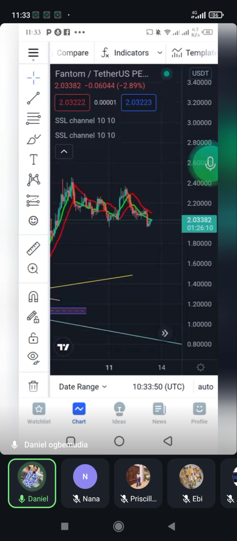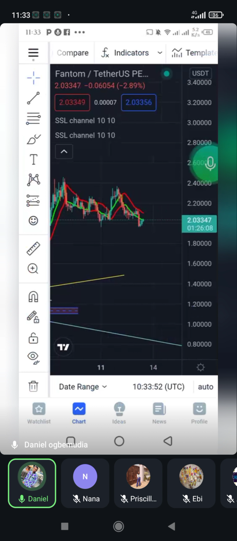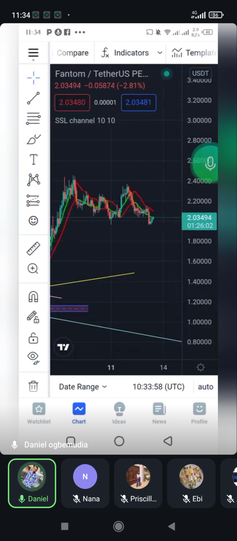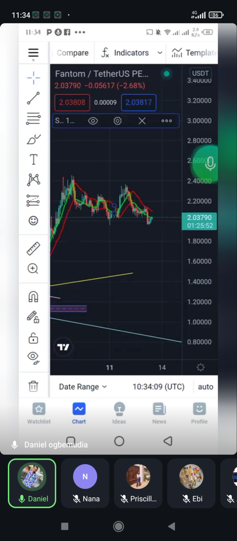Then when I go back, it's displaying SSL channel, right? So now by this top left, just below this price, red and blue, you can see the SSL channel. It's actually displaying there, just in case you want to remove it. When you want to remove it, you click on it, then you see where you can hide it. It will still be there, but you can just decide to hide and unhide it. Then you can decide to remove it by using this cancel